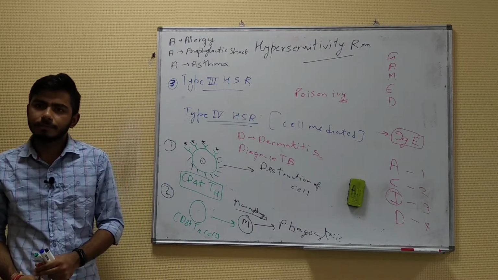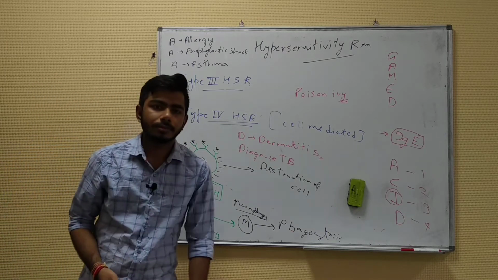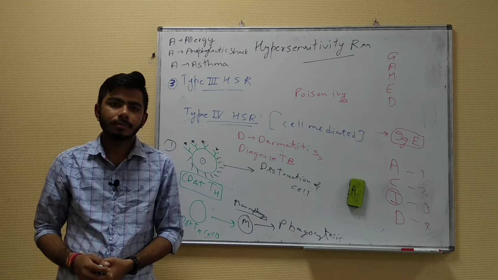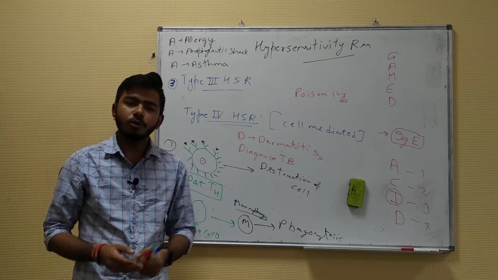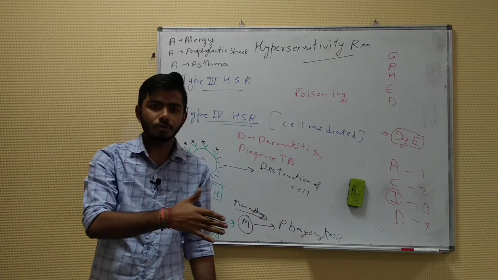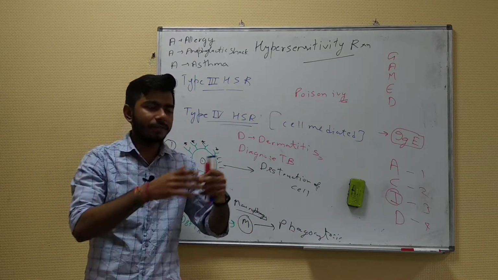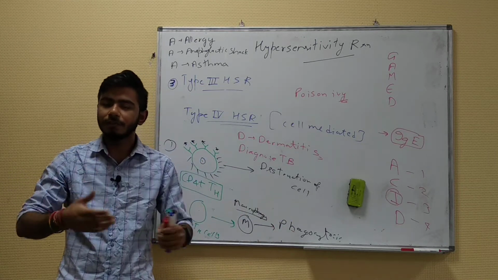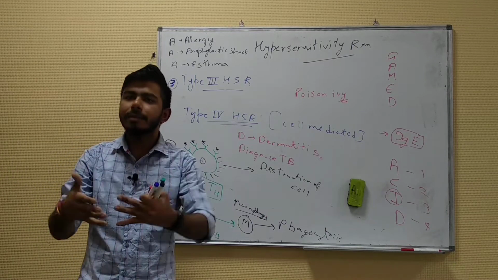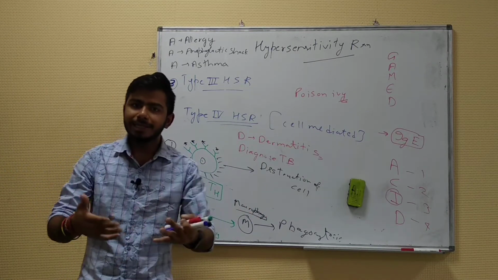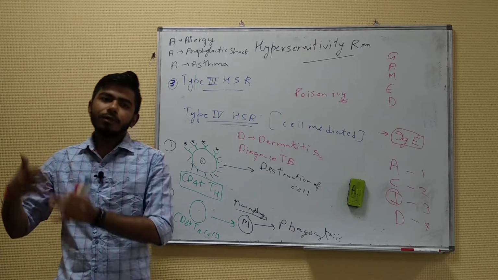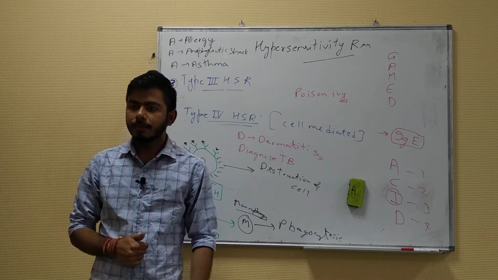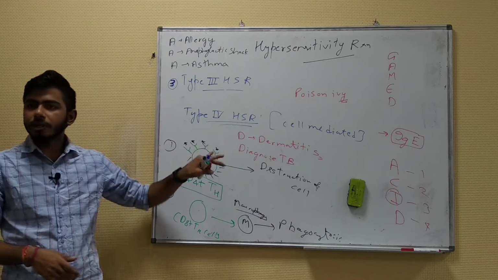Okay, understood? Yeah. I want to ask that in Bruton's disease, how will the person combat such a situation if there is no antibody? No, you have to give those patients immunoglobulins intravenously. They will be having recurrent bacterial infections because they are lacking immunoglobulin. If you don't have immunoglobulin, how will you tackle the bacteria? So in that case, immediately you need to give them intravenous immunoglobulins and check the levels of immunoglobulins again and again at regular intervals of time. Okay, clear? Fine. So this was about type 4 hypersensitivity.